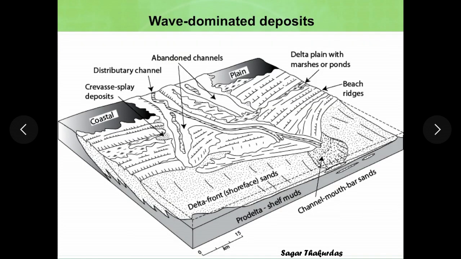Now this is the block diagram where you can see the facies associated with wave dominated delta. You can see an active distributary channel and mouth bar facies at the mouth of distributary channel, from where the sediments get redistributed to form barrier islands like this, parallel to the coastline. Behind barrier islands here, you might see formation of marshes or lagoons and tidal flats somewhere here. Apart from that, you can also see the abandoned distributary channels and pro-delta mud at the bottom.